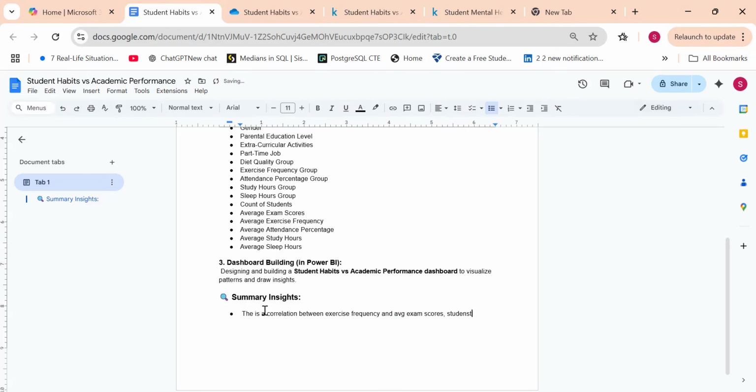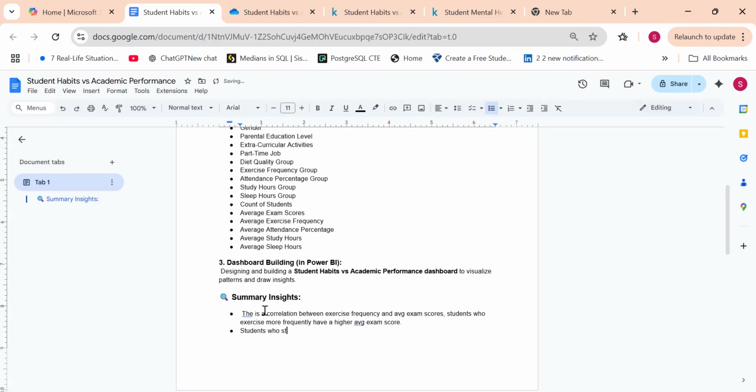Students who exercise more frequently have a higher average exam score. And then you can also say there is a correlation between, okay, I don't want it to start the same, so the next thing is